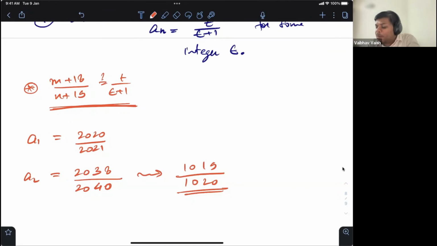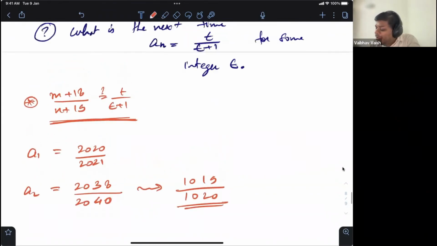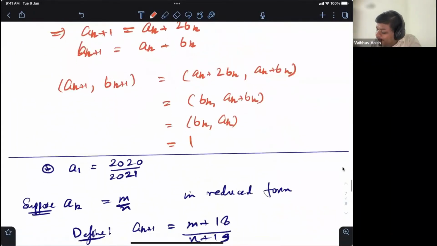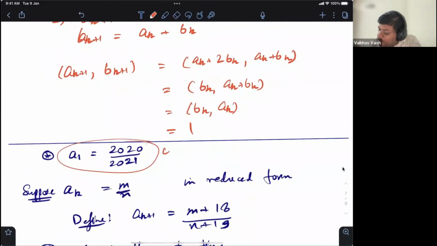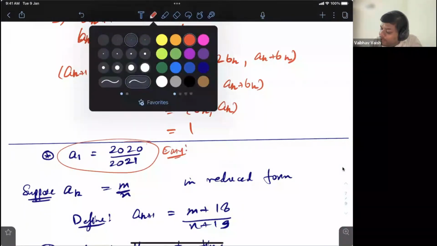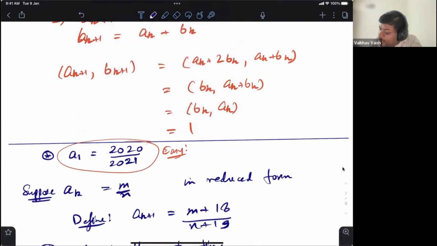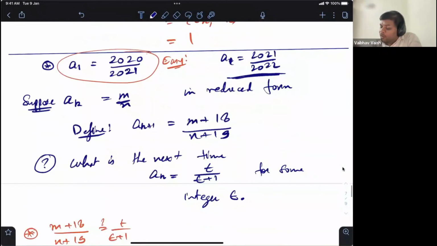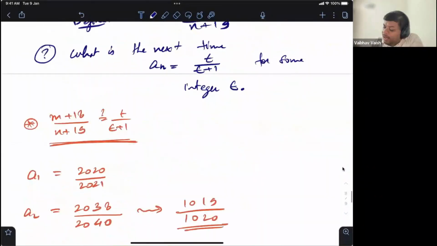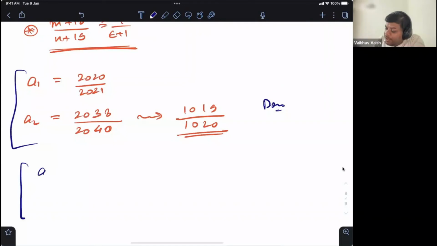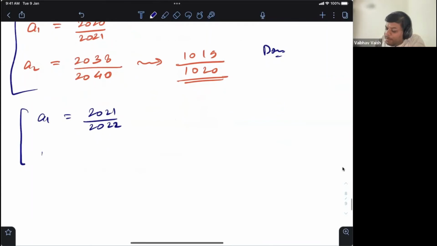Okay, so let's modify the problem. This case is easy. Okay, easy. So let's work with the second case. Let's say A1 equal to 2021 by 2022. In this case, when does it become t by t plus 1? Let's try to work this out. So this is done, right? So let's take the second case. A1 is 2021 by 2022. So then what happens? A2 becomes